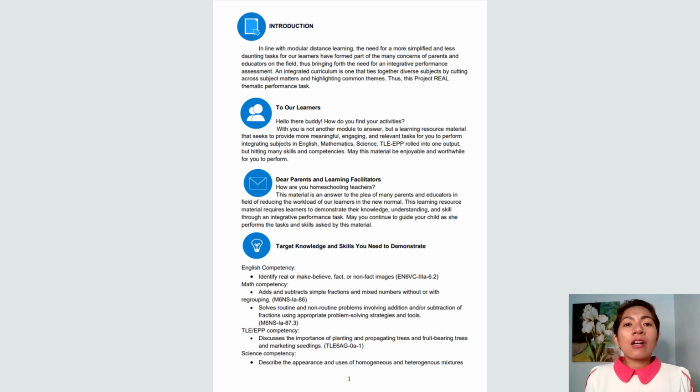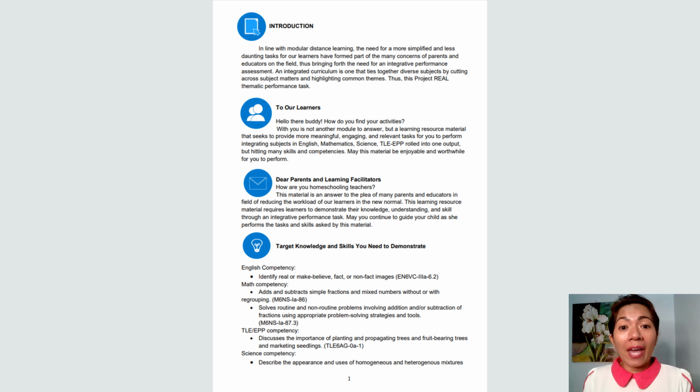So the icons for Project to Real are all created and conceptualized by our LR manager, EPS JS Ayap. So these are our icons. All in blue because English, the medium of teaching and learning delivery for real is the English language. So we have blue color as our dominant color for the icons because the standard color for English is blue, like what you can see in our learners material in our textbooks in English.